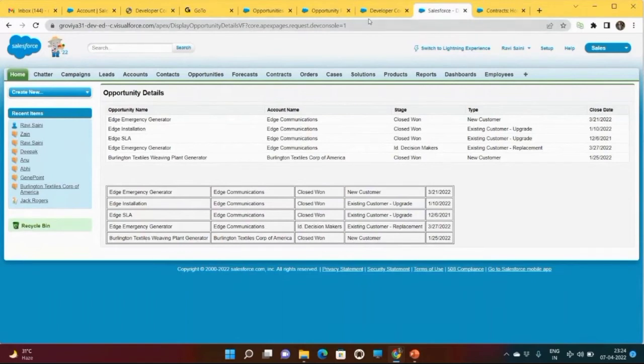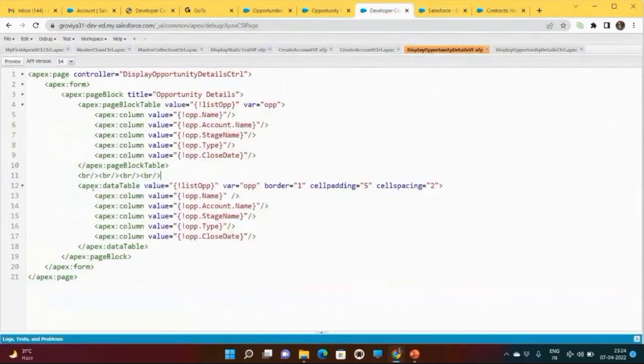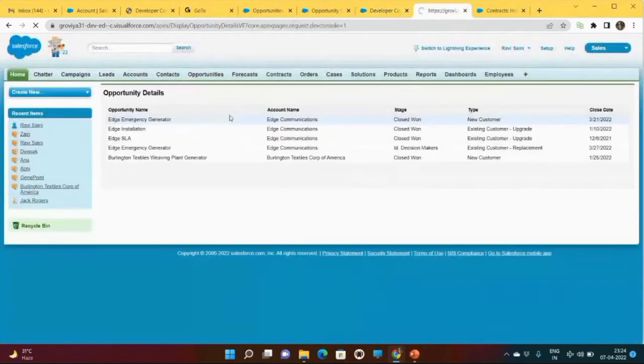Let's see, when we are displaying the data, we may have more data, maybe 1000 records, 500 records, 50,000 records, and we want to perform the search. Now I will comment this. Let's use only the page block table. And now let's say if you want to perform the search, or we want to search the data,